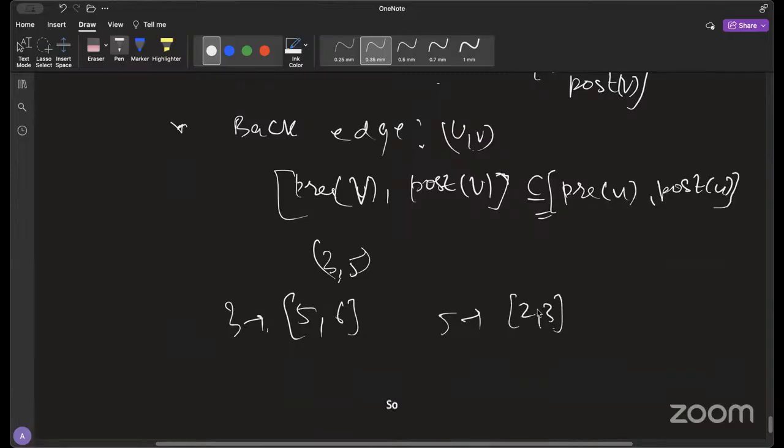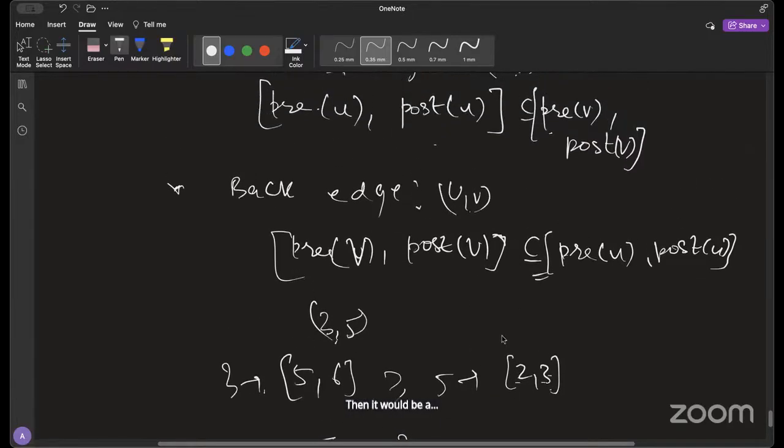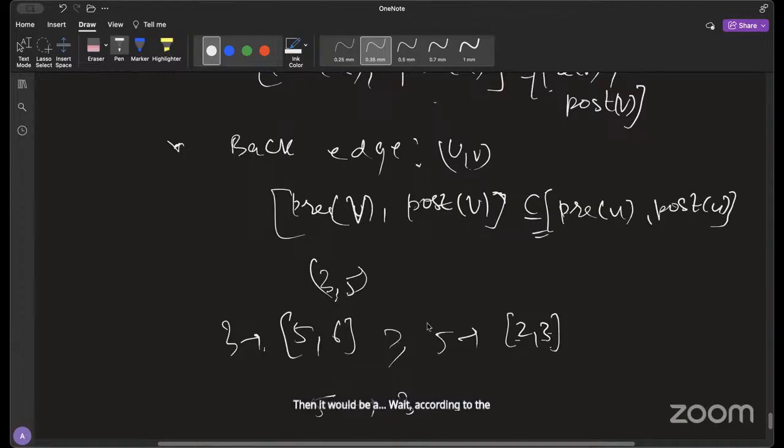So we see that this 2 and 3 part is contained in this thing. That means this is contained in this. That means if there was an edge from 5 to 3, then it would be a... wait, according to the definition, it's